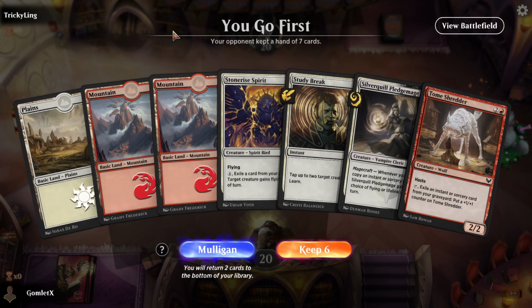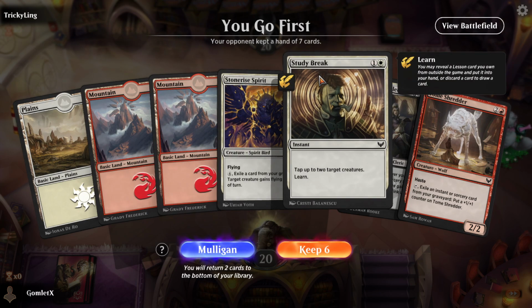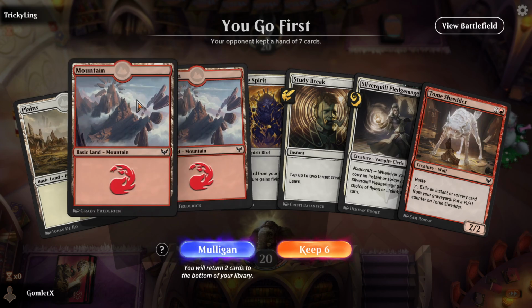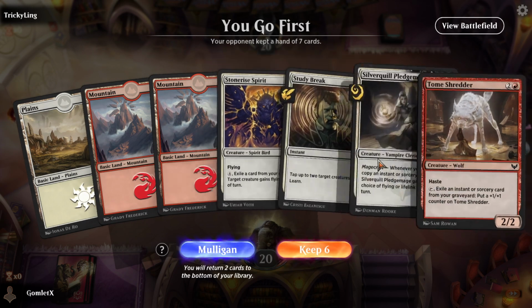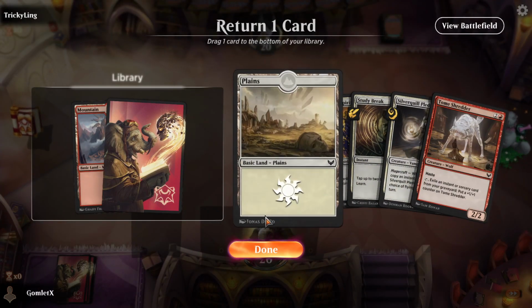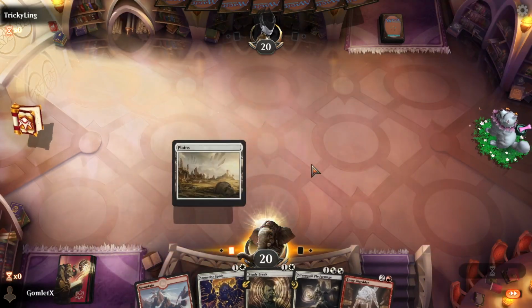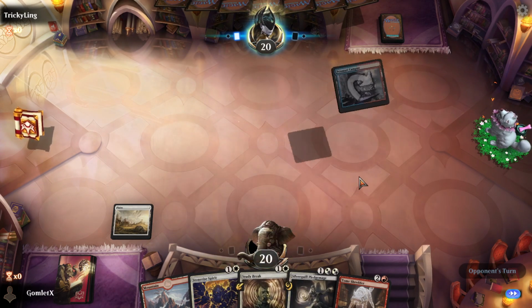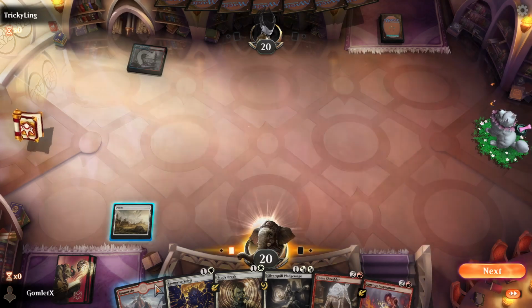Could get rid of a Mountain as well, then we can just Study Break to grab Environmental Sciences. That gives us the plane for Pledge Mage, and then we can cast everything. Yeah, and then if we top deck a plane, the hand's just perfect. That actually seems solid to me. If we top deck a plane, the hand's perfect. If we don't, then we just Study Break on nothing to grab Environmental Sciences, and we